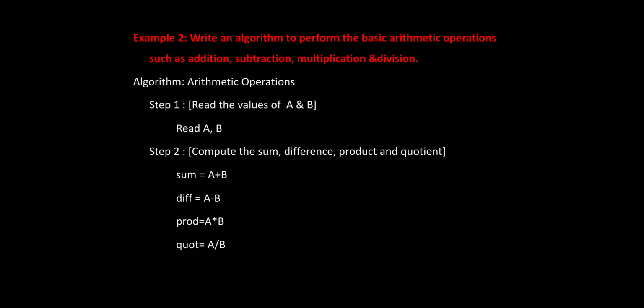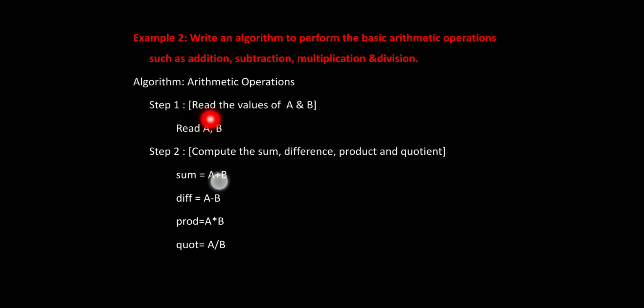First we discussed 4 steps. First we have to assign the algorithm name, step number, explanatory comments and stop or termination. First one is, the name of the algorithm is arithmetic operation. For this arithmetic operation, for any addition, subtraction, multiplication, division, what do we have to take? We have to take 2 variables. Here I take a and b as values. Read the value of a and b.